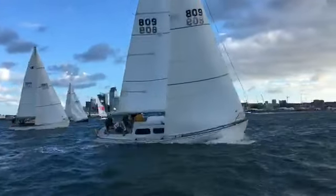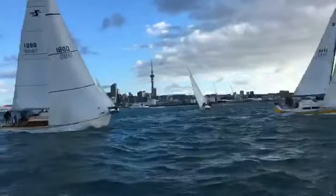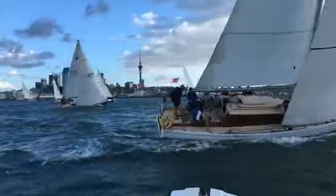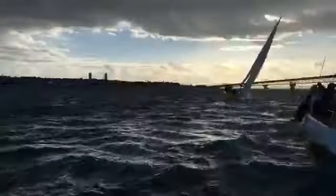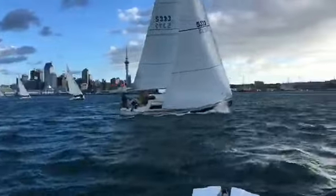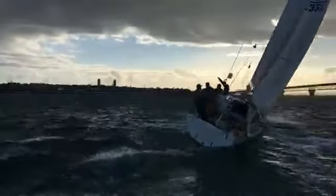It looks like the breeze is in the right phase again at the moment here, so Playboy, who led off that windward end, doing a nice job of staying in phase with the breeze and sailing fast. It was Passion who was further down the line. They had a great start, but seemed like they've just been falling out of this right hand pressure at the moment into more of a left phase breeze, and that's just meant that the windward boats, the boats that start at the windward end of gauge distance,